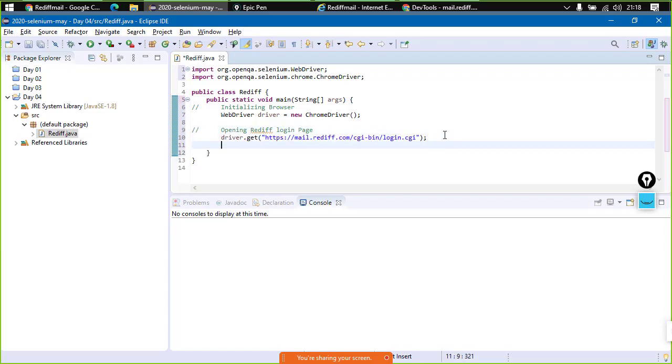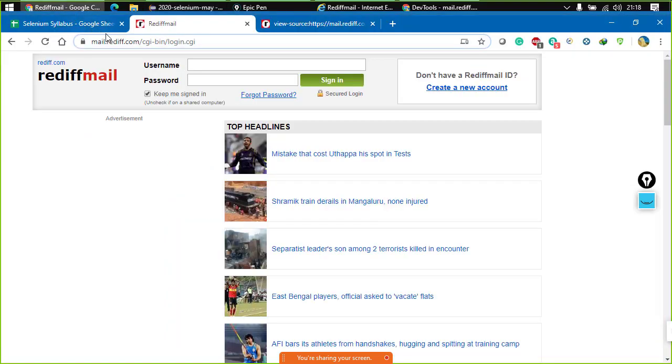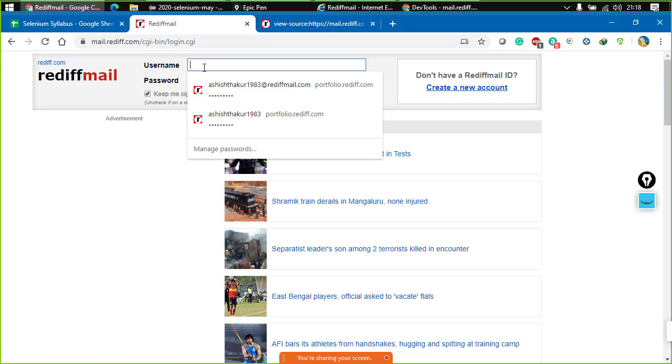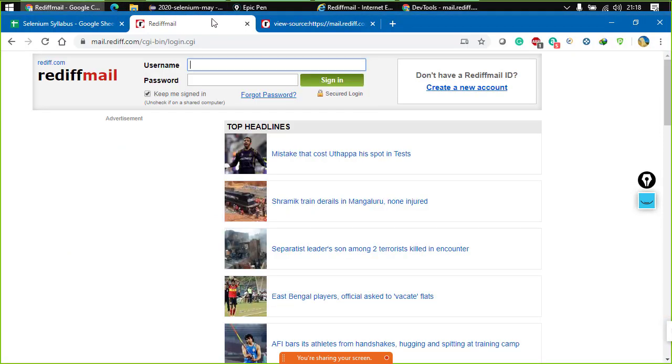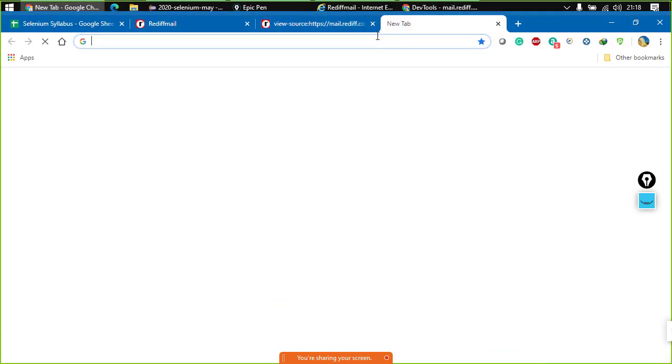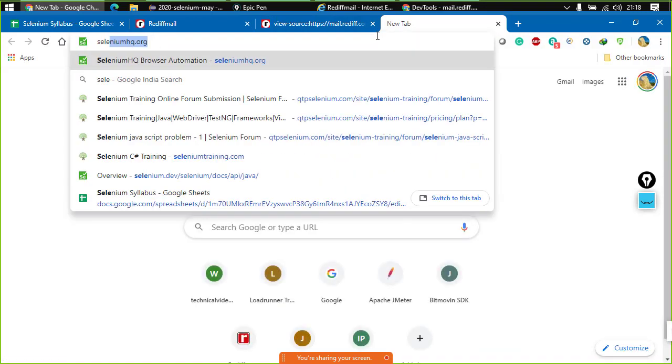Now what's next? So the next thing is we would be dealing with something. We would be trying to retrieve the element. I'm saying something element. Now what kind of element? A web element, right? Now how we can make use of a web element, right? So let us just do one thing. First go to selenium hq.org or selenium.dev, right?